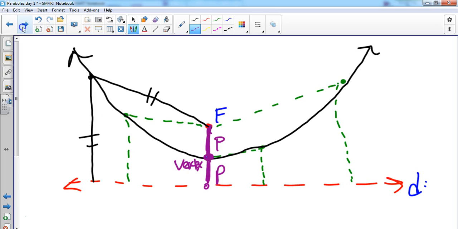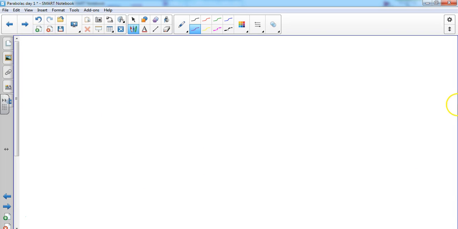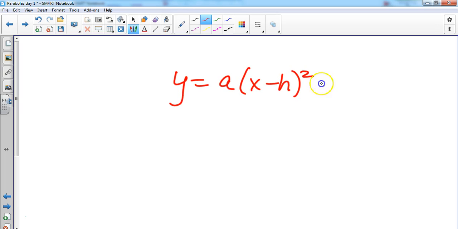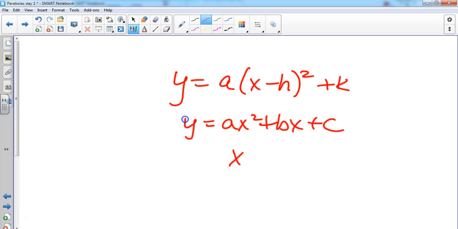Now before we do anything else, we've done parabolas, yes? You kind of thought you'd killed parabolas, right? We even learned this form, and we learned the vertex finder recipe and all kinds of crazy business like that. Well, we're going to learn yet another form of a parabola. The form we're going to learn today